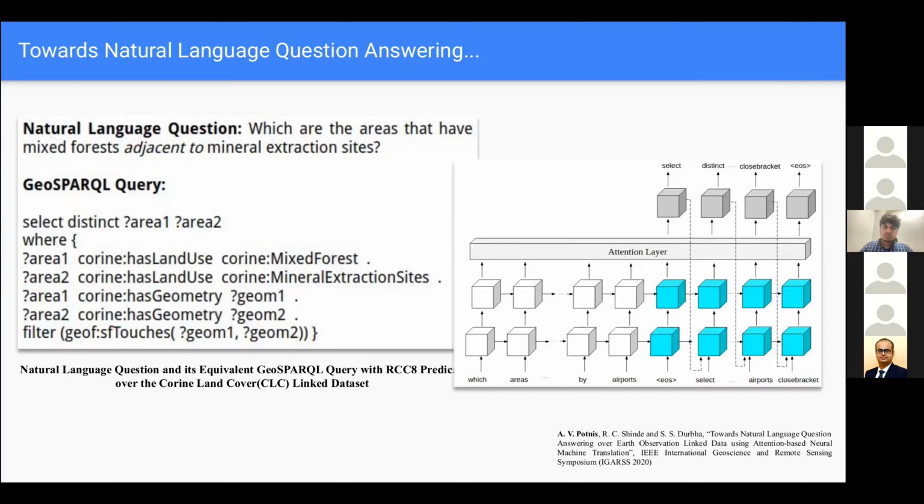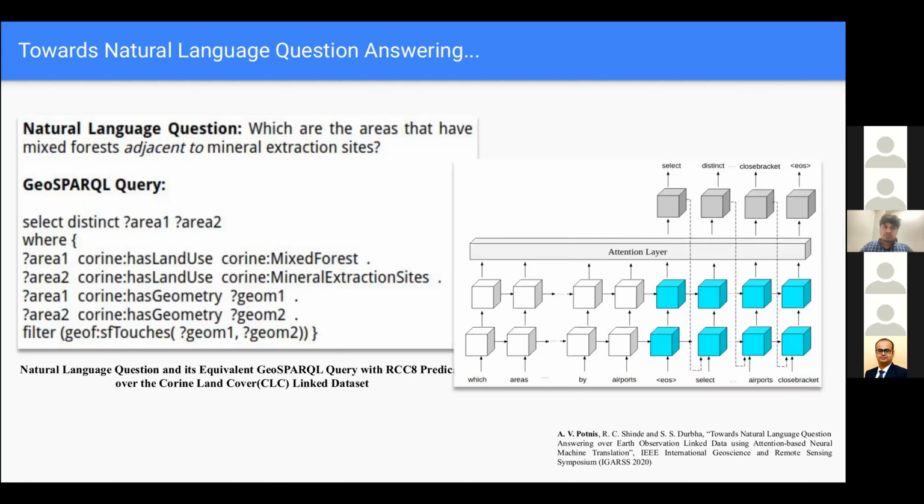the knowledge graph. And as we know that knowledge graphs only support GeoSPARQL, or perhaps, if you want to be more specific, if you are looking at the implementation side of things, Neo4j is another popular graph database that is up and coming. So Cypher is the query language that Neo4j generally uses. But the fact remains that there is a need of a mechanism to translate an English language question to its query equivalent, right?